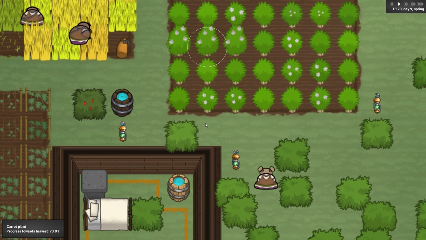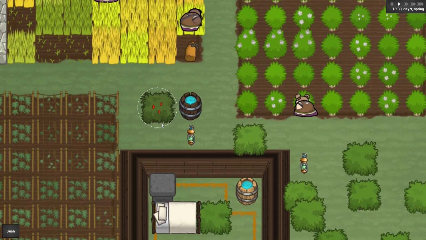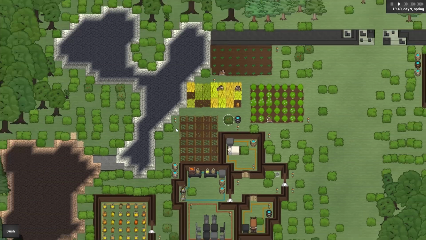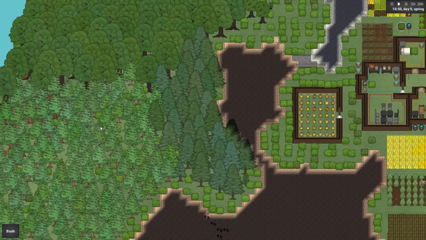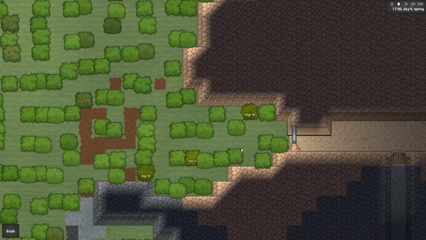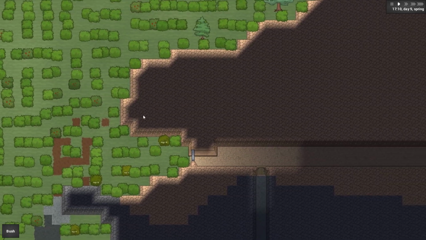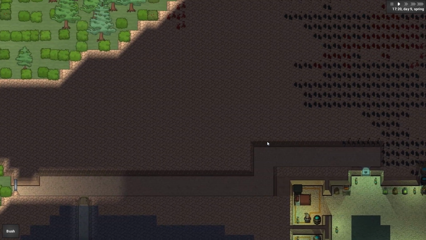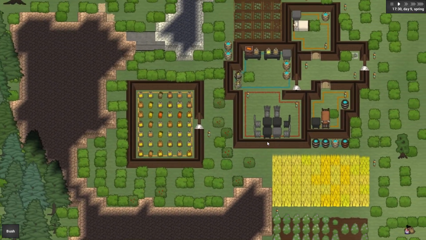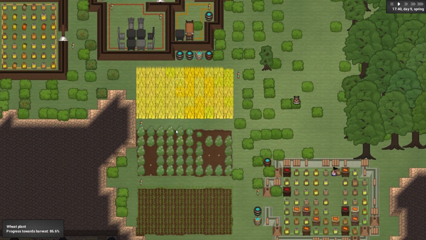We've got carrots, and I like that some of the wild bushes tend to have little fruits on as well. At the moment you can't do anything with these fruits, but I've noticed that there's a couple of different kinds. I think there's a different one just out here somewhere. Yeah, look at these ones. So I'm thinking at some point in the future you'll be able to harvest these sort of wild fruits as well, which I think will be really, really lovely. Oh, we've got some more down here. Look, we've got some wheat,